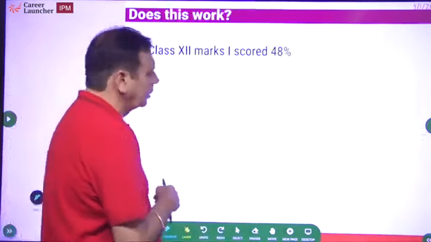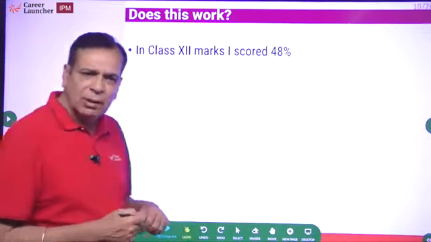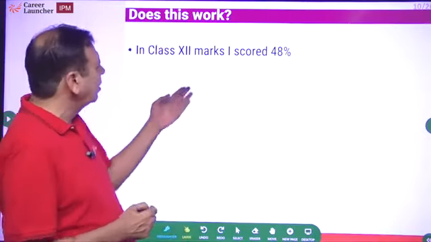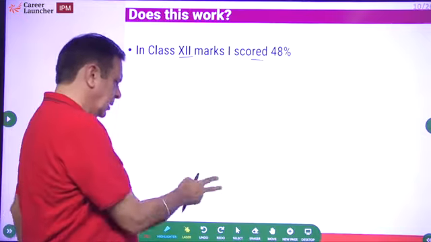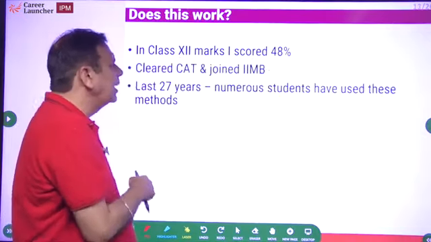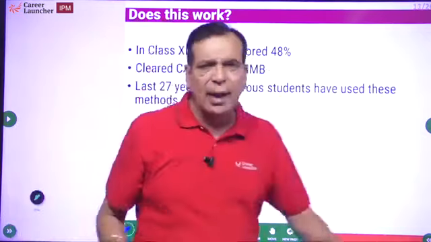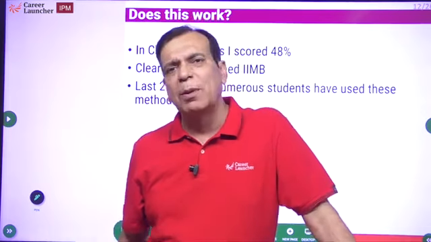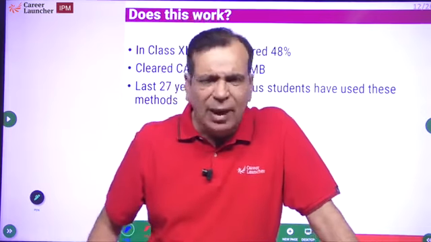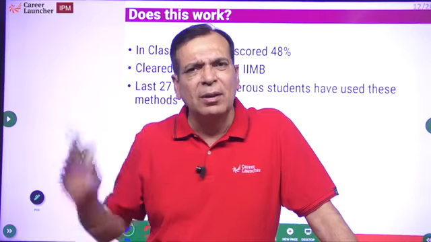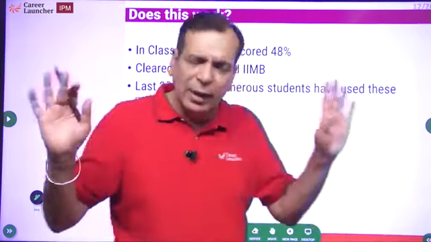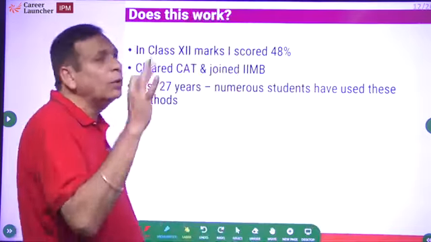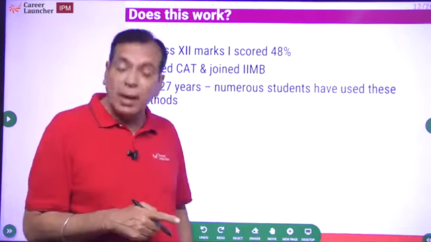Now, before I proceed further, I'll tell you a bit about myself. Why am I saying all these things? Because भैया मेरे 12वीं में ये marks थे. And despite that, I have cleared CAT, done my MBA from IIM Bangalore, and CAT is supposed to be very difficult mathematics paper, data interpretation paper. And if I have cleared that, obviously, with my marks, you can be sure कि मेरे को maths तो नहीं आती है.